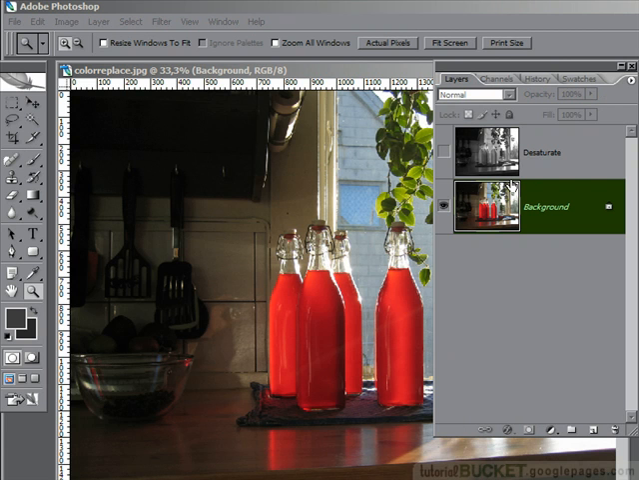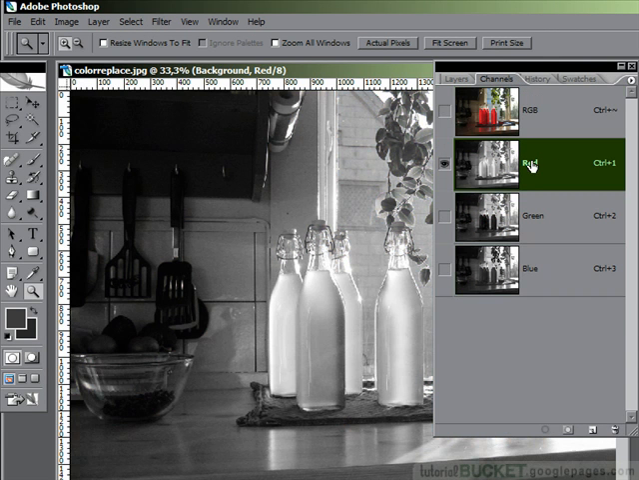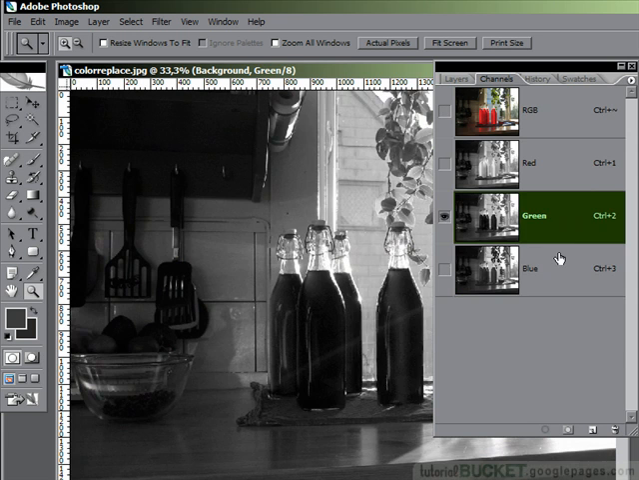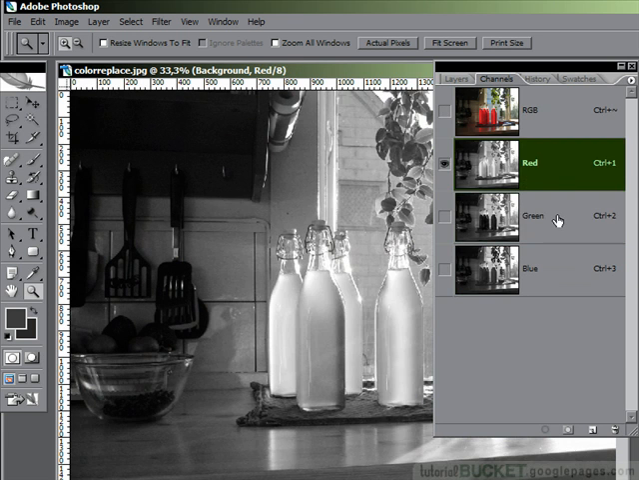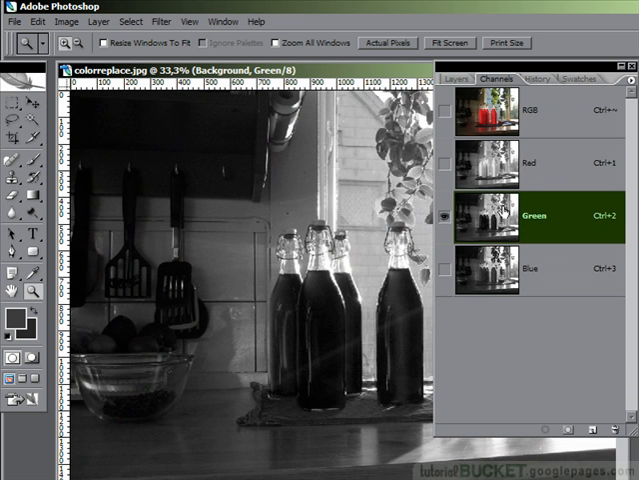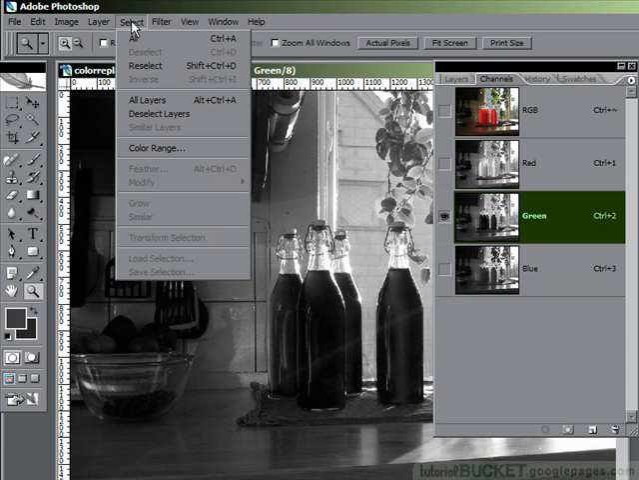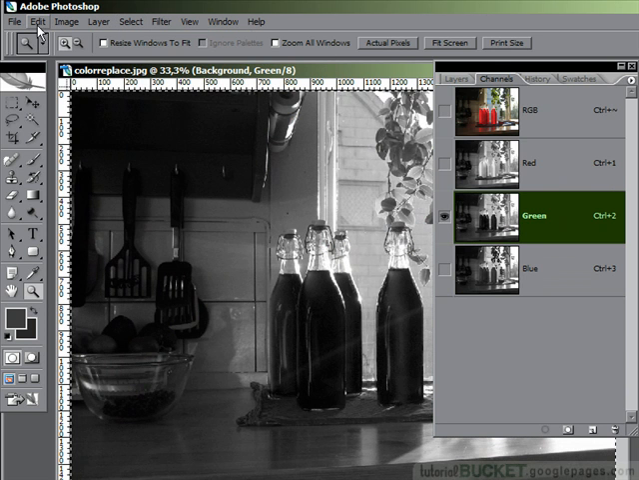Making a copy of an existing color channel is a great way of getting a really nice black and white image. All you need to do is to go to your Channels palette and then look at each of the RGB channels. Find one that's got a black and white image that does the job for you. I like the look of the green channel in this case. All you then need to do is to select it by using Select All, then using Edit Copy,